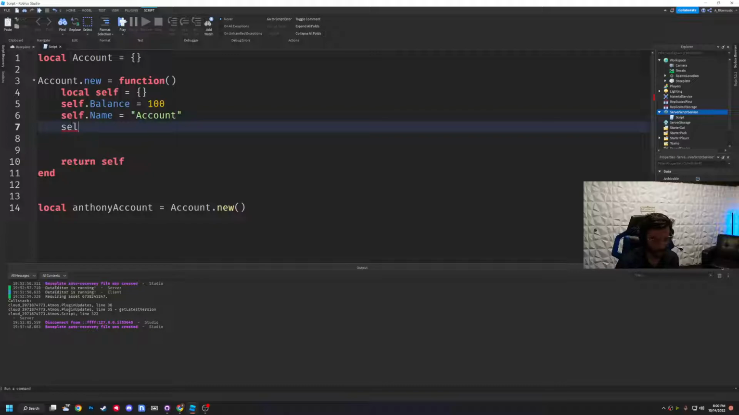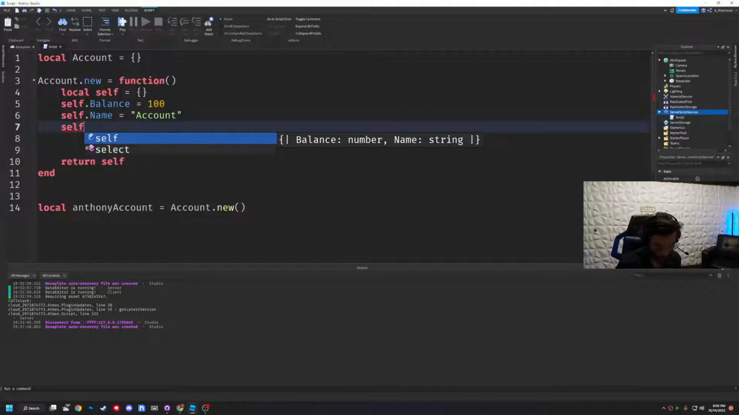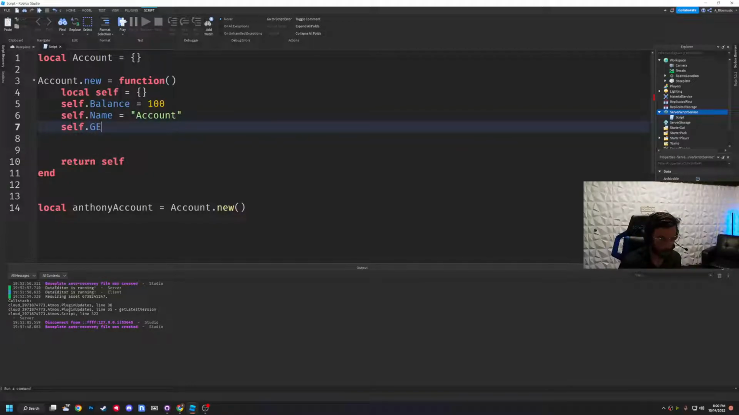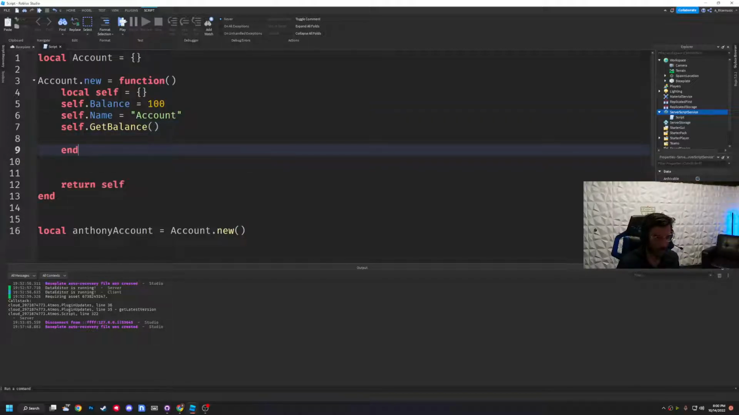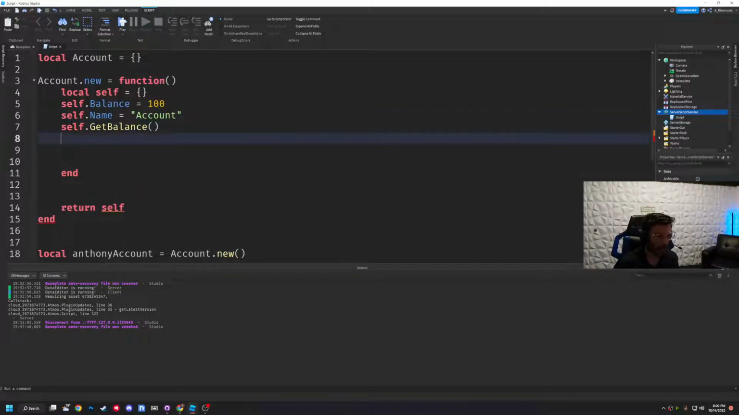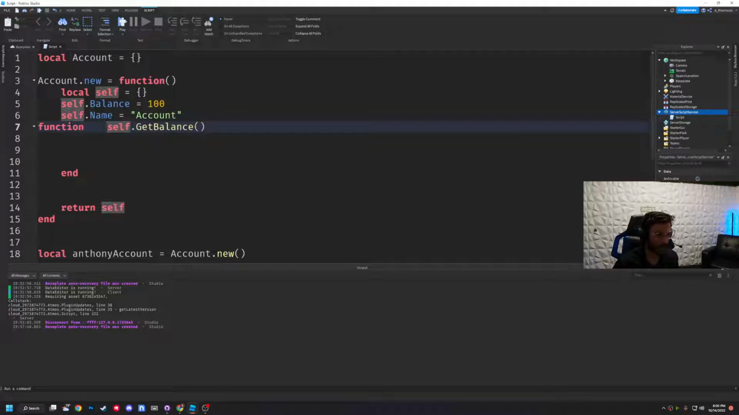I think it'd be self.getBalance. Let's do balance instead. Balance. I'm gonna go ahead and do a parentheses there and put an end here. And then what I can do here, I think I need to declare this as a function. My mistake here. There we go. Okay, so now I have a function called getBalance, and that's just gonna go ahead and print